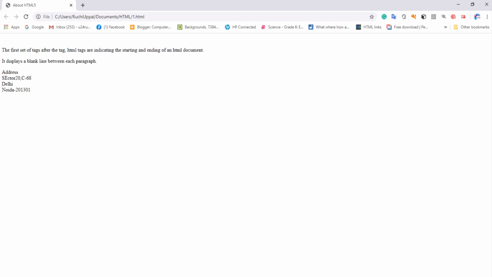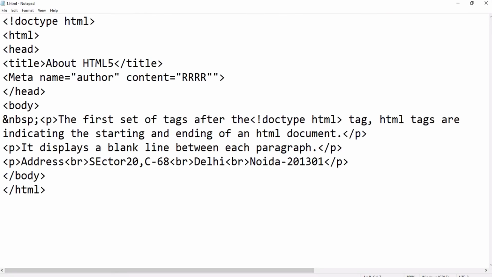Next tag is adding a comment. A comment is an optional part that is not displayed by the web browser. It simply gives you a description.